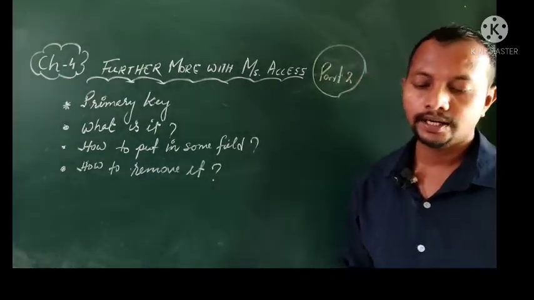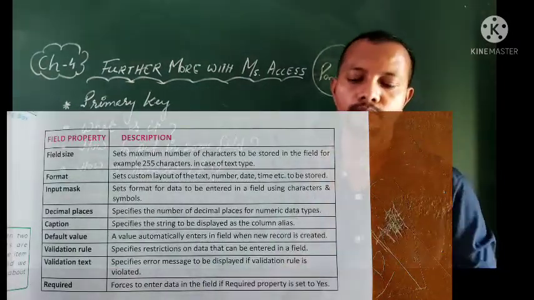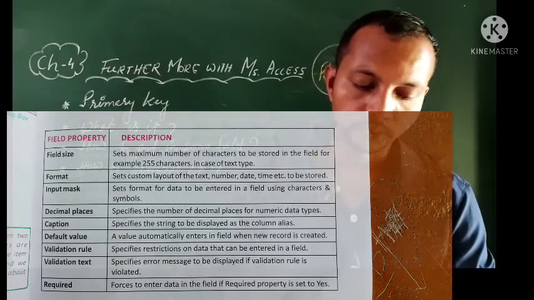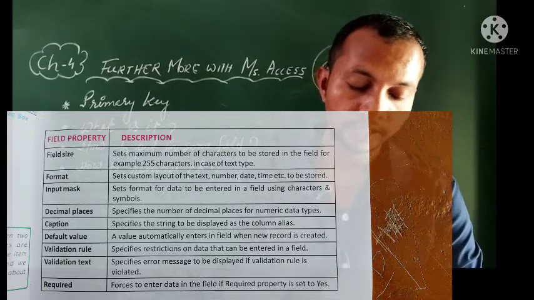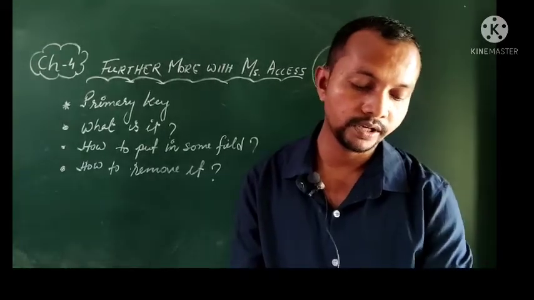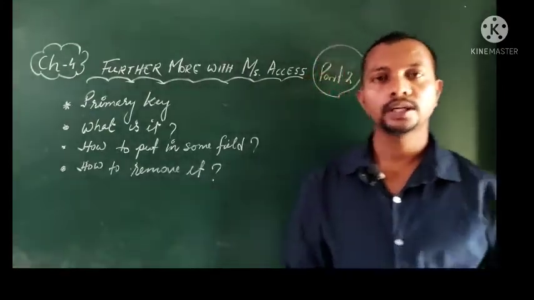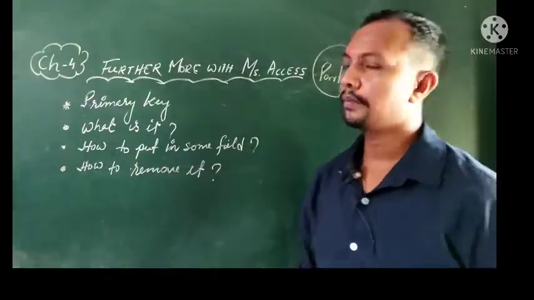Okay dear friend, and from your book the field property, that portion is very important dear friends. Kindly do learn those. Okay, that is on page 37. Those and even the data types are also very important. These are exam oriented dear friends. Okay, kindly do learn. As for today, we shall be learning about primary key.